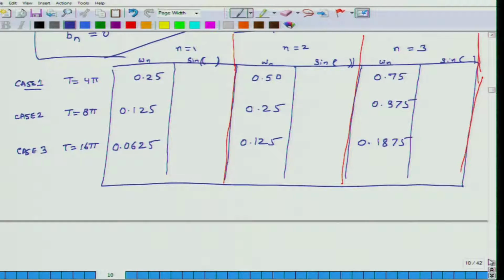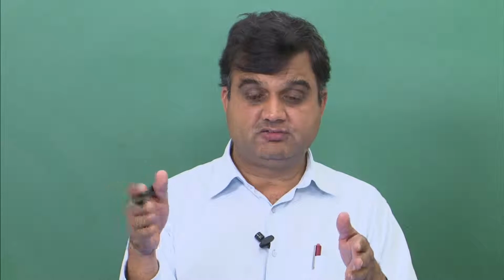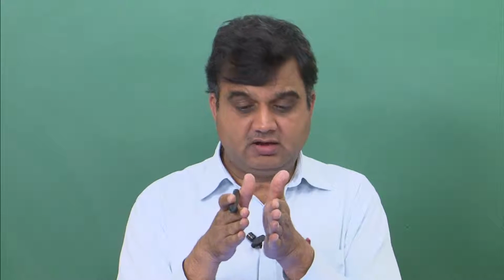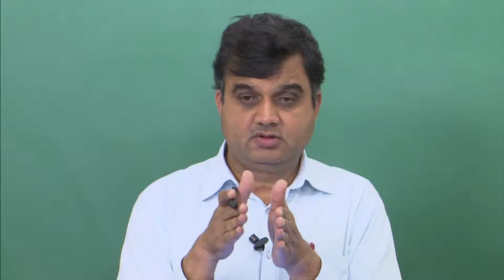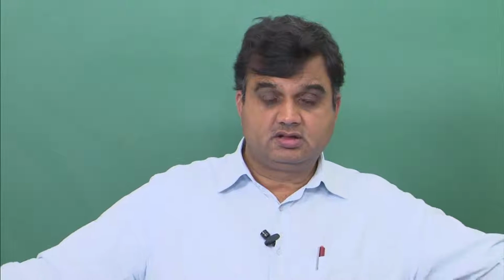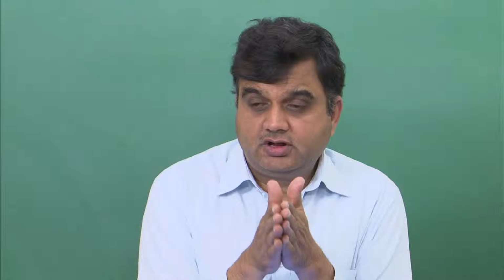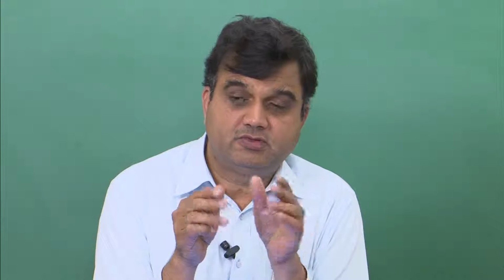Now the Fourier components which correspond to the original function f of t are even closer to each other on the axis. So what this shows is that as I keep on increasing the overall time period, I will have closer and closer Fourier components, and if I measure the distance between two Fourier components on the axis, then